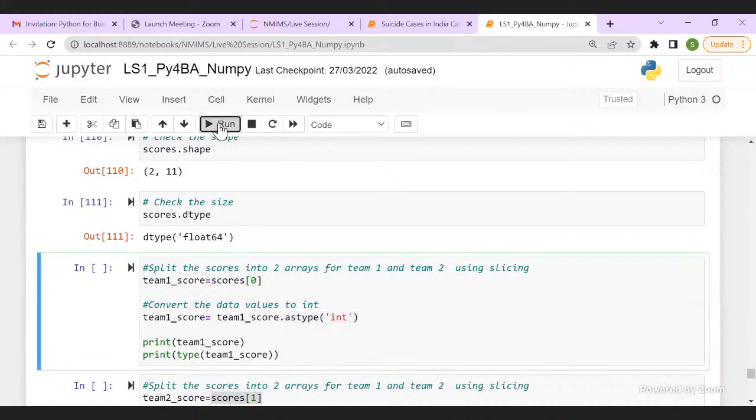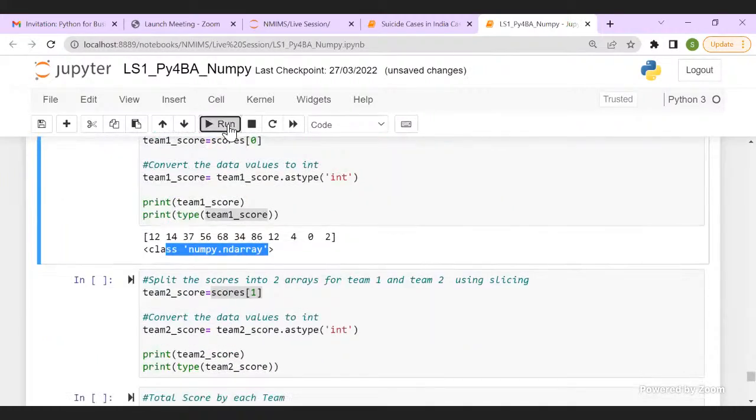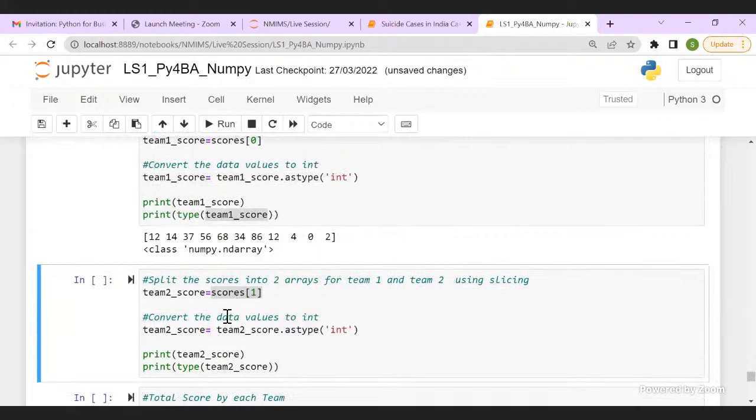Okay. So I'll run it here. The function I'm using is astype, and whatever kind of value I want, I convert it into int. So when I print my score, the decimal points have been removed. I have my score, and it is of ndarray type. The same function I'm doing for team 2 also.